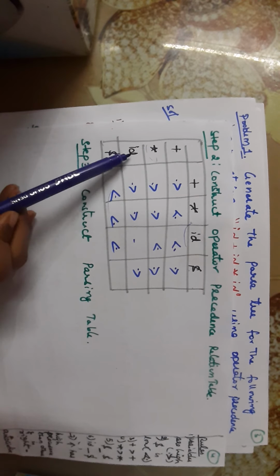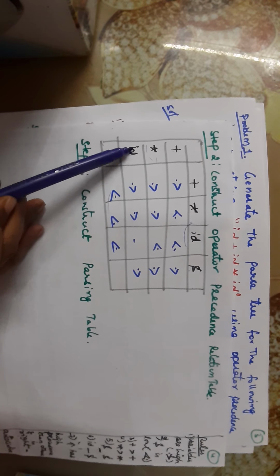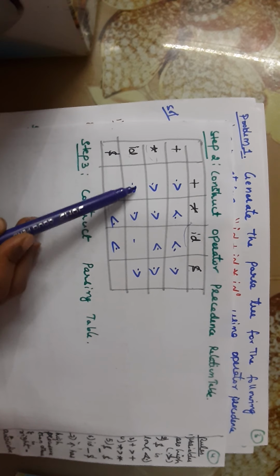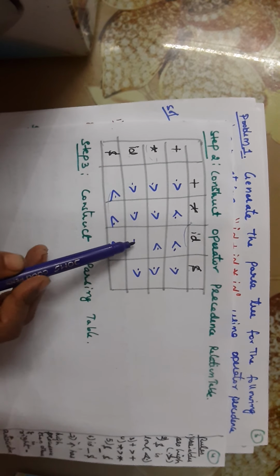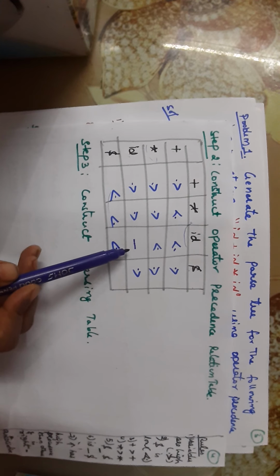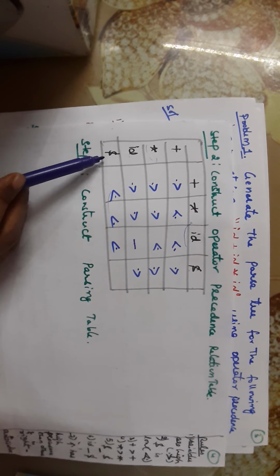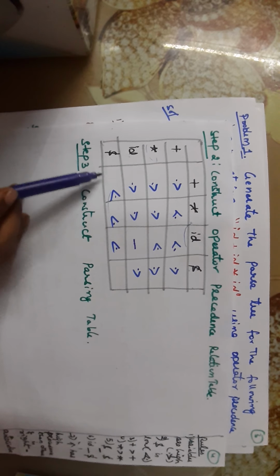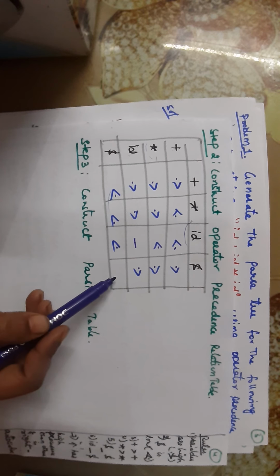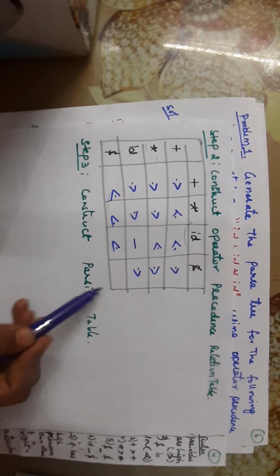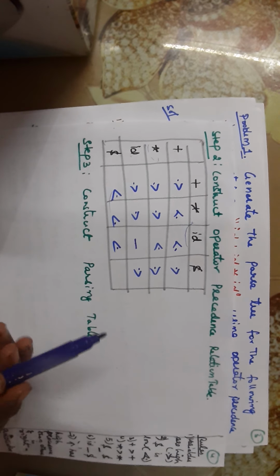Again coming to the third row, here we check ID with the remaining four. ID will always be greater than the remaining symbols. So this is greater than plus, greater than star, and when ID meets ID there will be no comparison. We just keep a hyphen symbol here, and here ID is greater than dollar. So this is the greater than symbol, and dollar is always less than the remaining symbols. So in the fourth row we write the less than symbol, and when dollar occurs with dollar, we normally take the accept condition. There will be two possibilities here. We will check when we do the parsing table. So here this will always be blank.